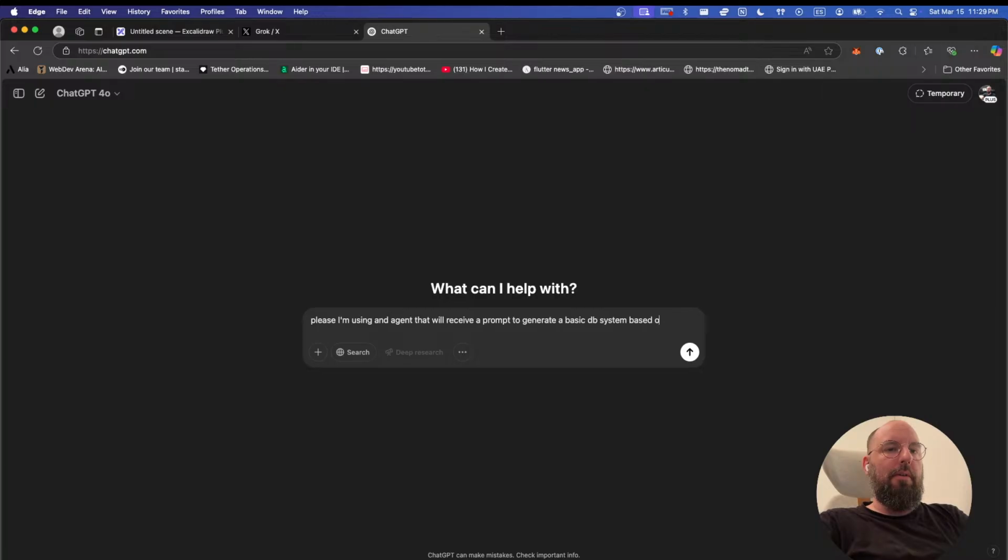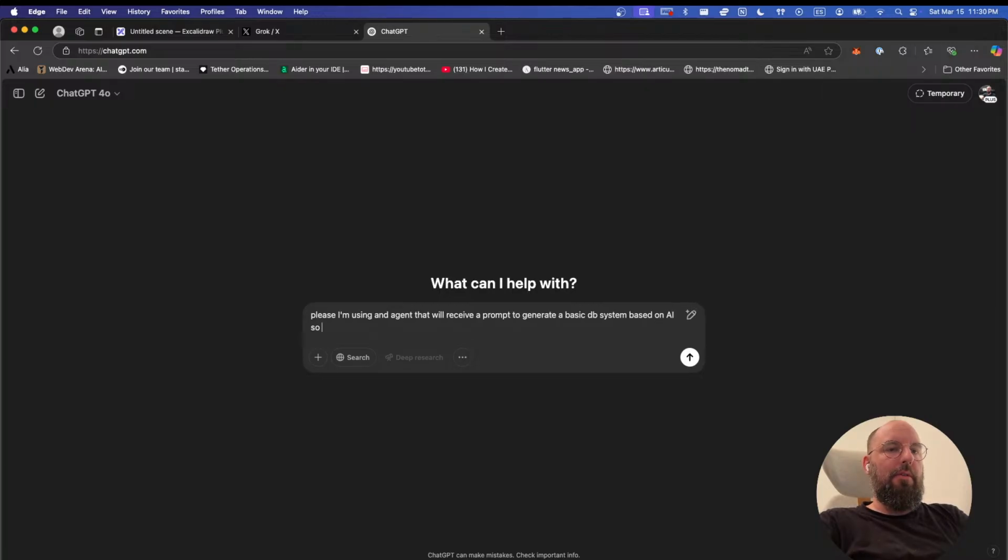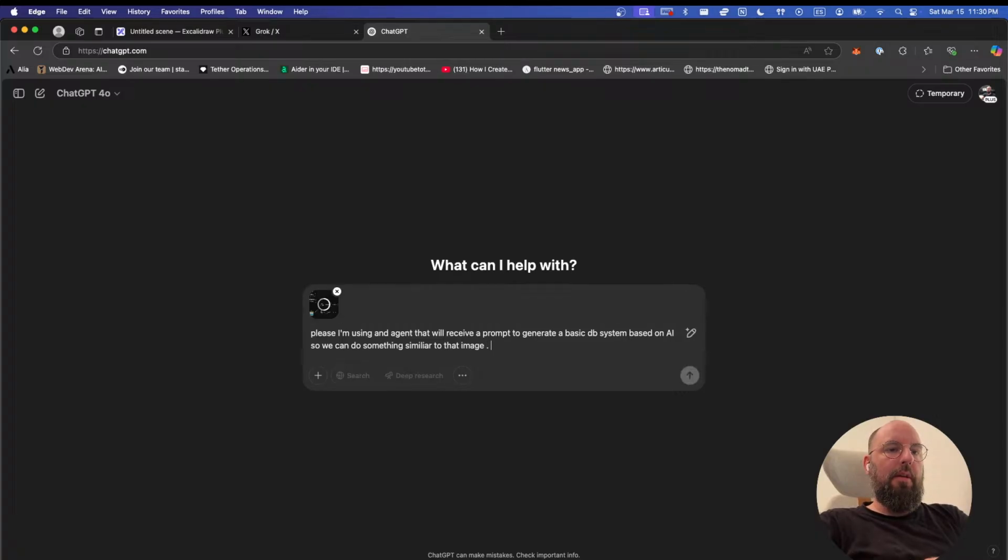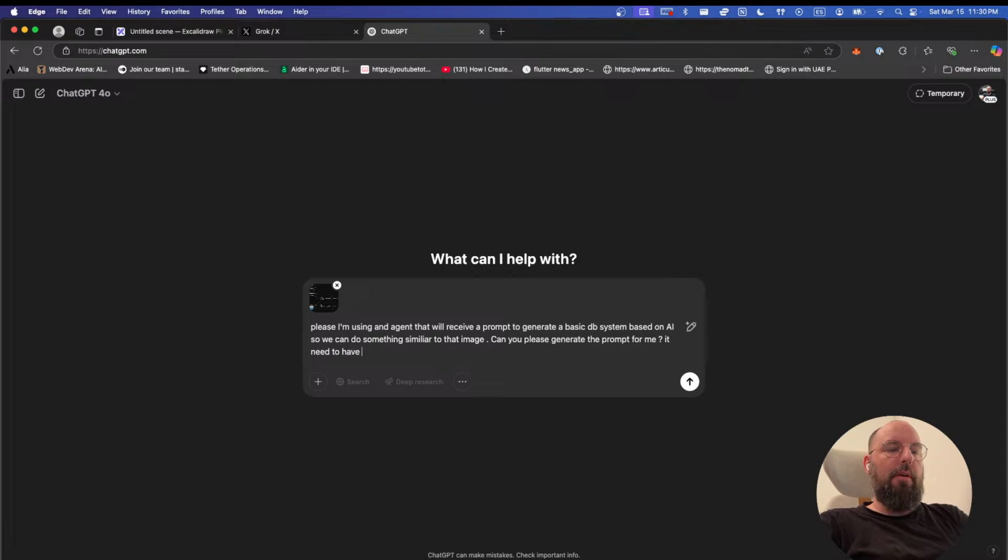So please, I am using an agent that will receive a prompt to generate a basic DB system based on AI. We can do something similar to that image. Can you please generate the prompt for me? It needs to have three different agents as in the image,